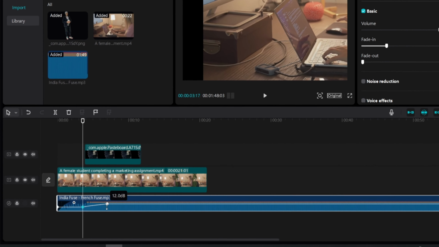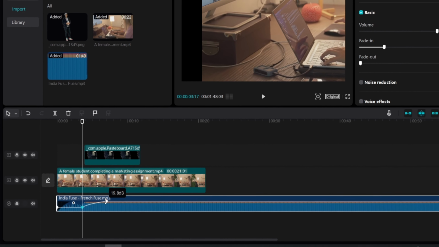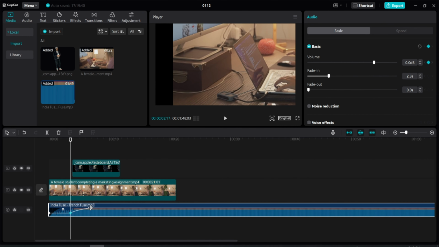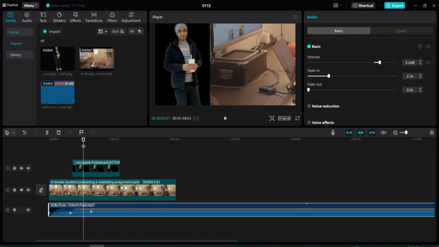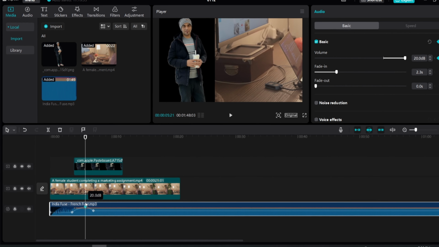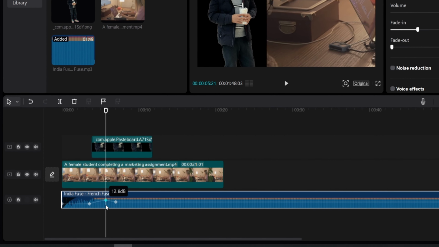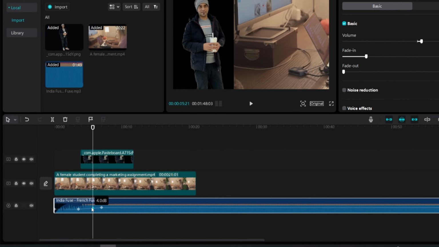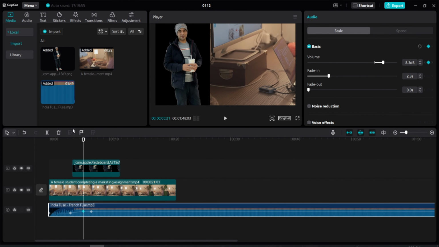As I'm increasing from this keyframe, you can increase, for example, wherever your breath is too loud, you can want to do some changes, you can bring your volume up, and here you want to bring your volume down. So you can easily do it with the help of these keyframes, up, down, up and down, as you can see. And that's it. You can do a lot of things with